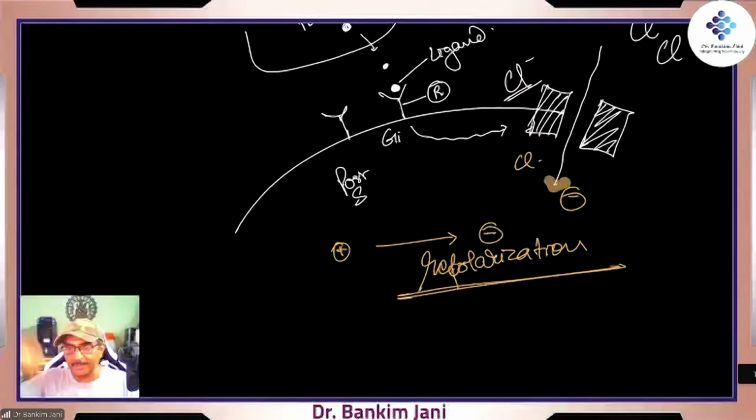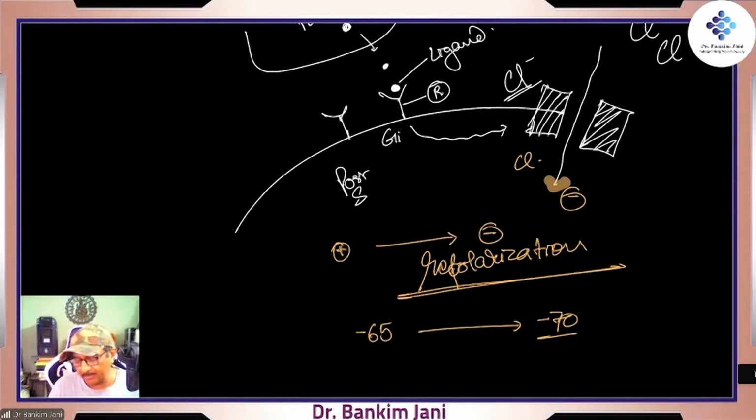Over here, negative ions are coming, so the cell is becoming more electronegative. For example, if it was minus 65, it will now become minus 70, more negative. So when more negative, that is what is called